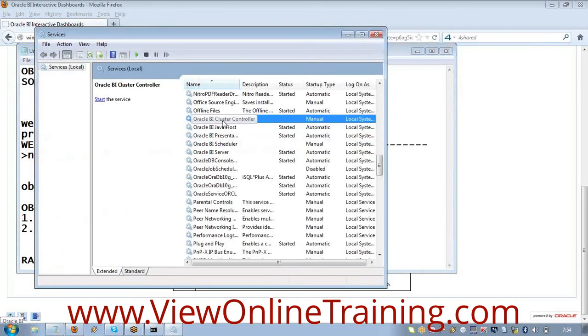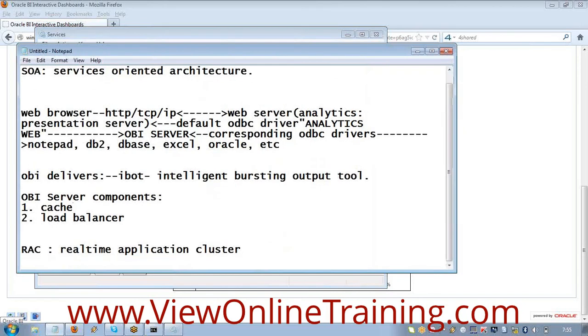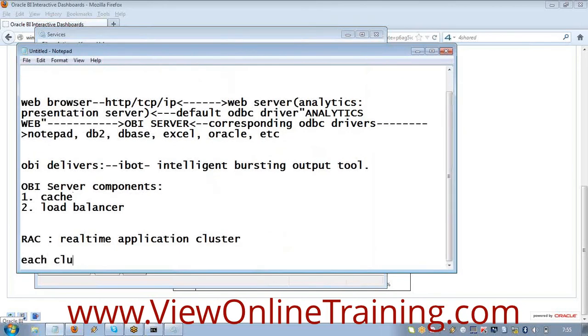So the administrator will configure and create a cluster. Once a cluster is created, each cluster contains a maximum of 16 BI servers. Each cluster can hold a max of 16 BI servers.